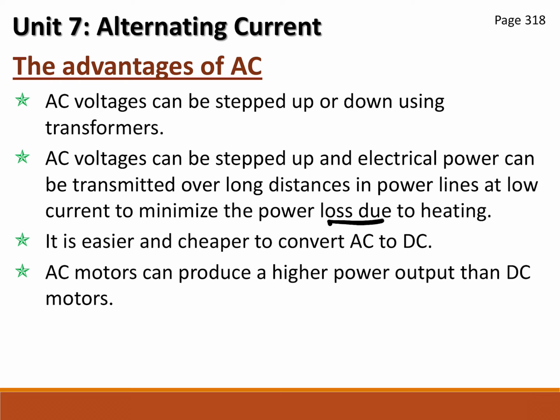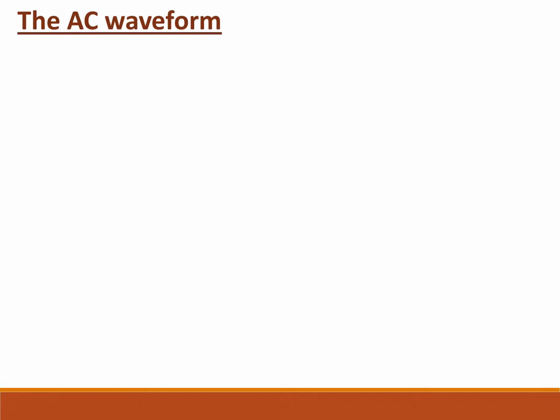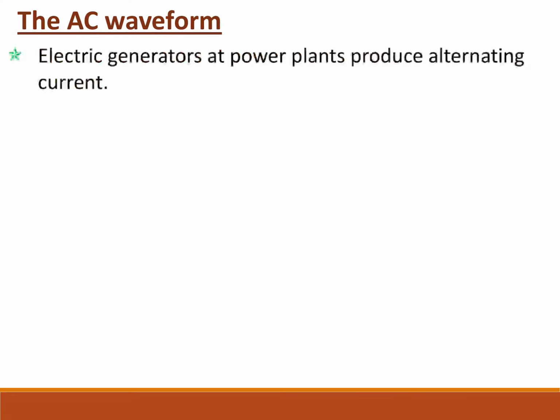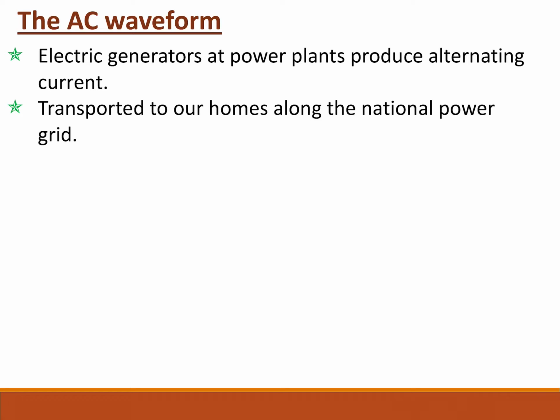And AC motors have a better power output. So they're more efficient for us, which is what we want. Okay, so the waveform which you've seen before is very simple. Electrical generators at power plants produce an alternating current that's then transported to our homes along